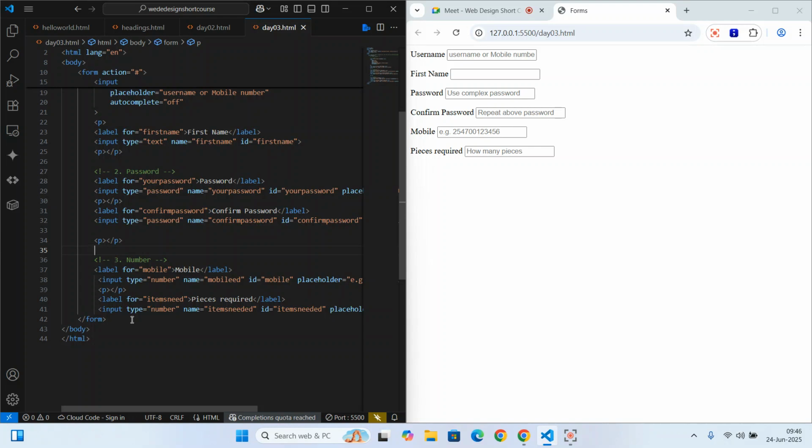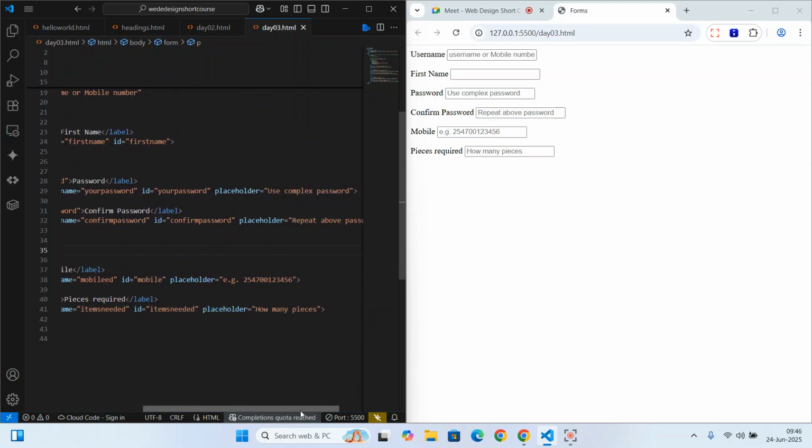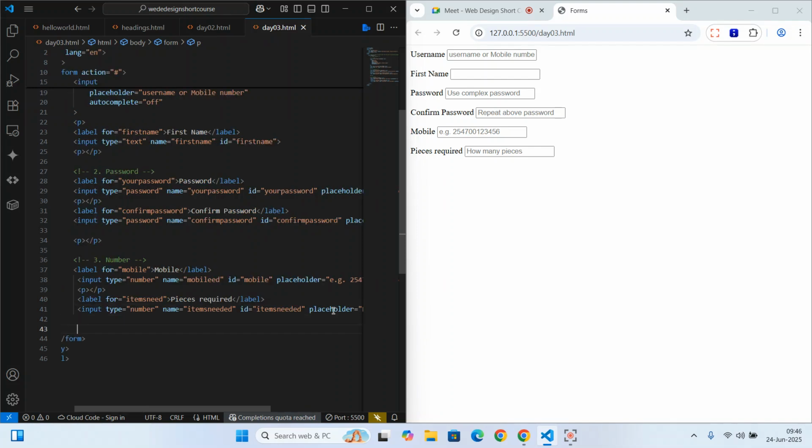That's okay. That's good. So now let's discuss another form component. The fourth one is supposed to be date. So you might also want to capture dates. Like I want to ask somebody what is your date of birth. So I'll put a paragraph here and I'll put number 4,